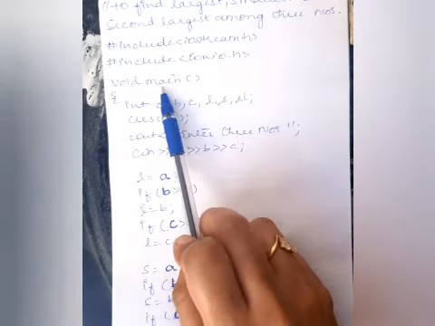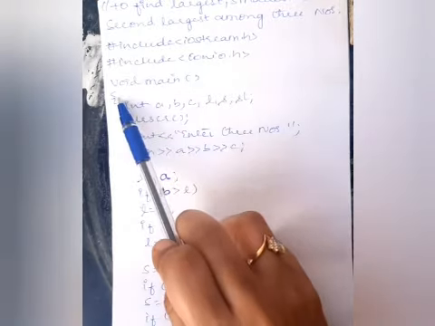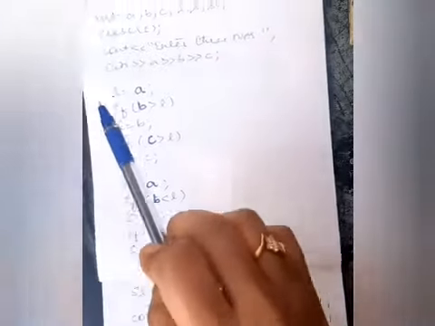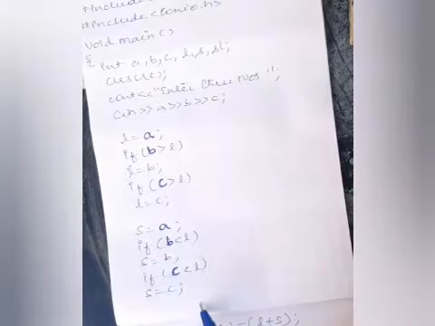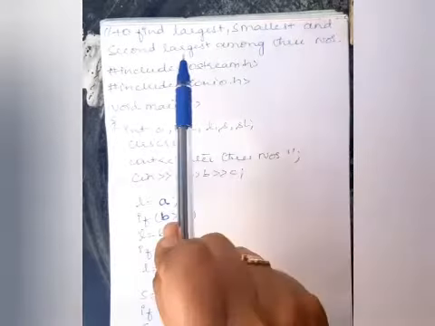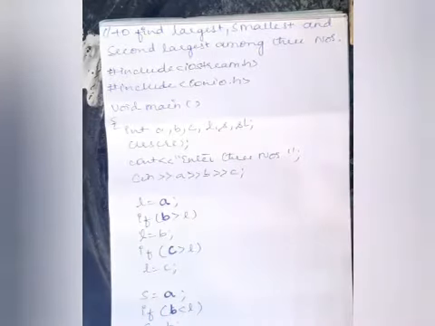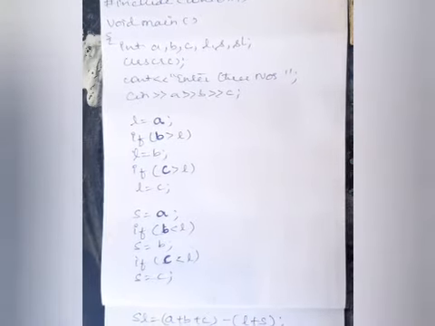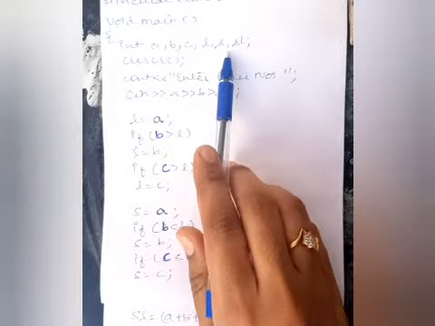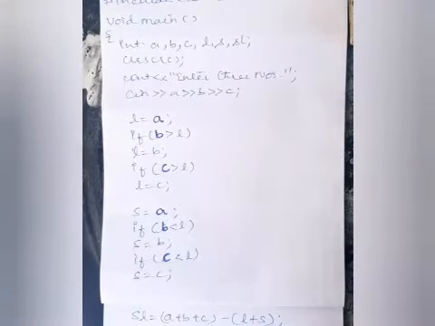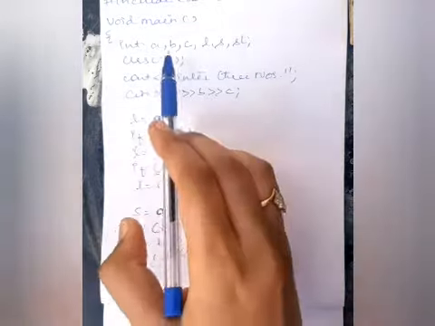Now we are supposed to write the executable statements within the opening flower bracket and the closing flower bracket. Within this flower bracket we must include the executable statements required to find the largest, smallest and second largest among three numbers. And as soon as you declare the main function, the very first thing to do is declaring the variables. Declaring the variables is one of the first important things that we do. So look at the question.